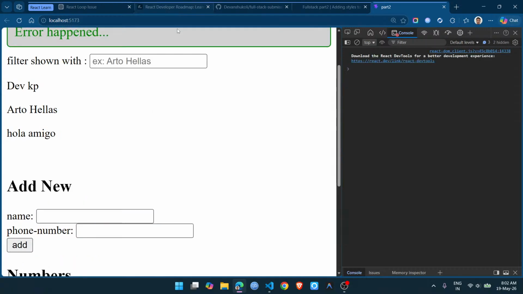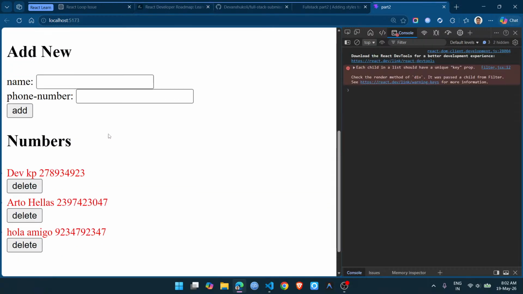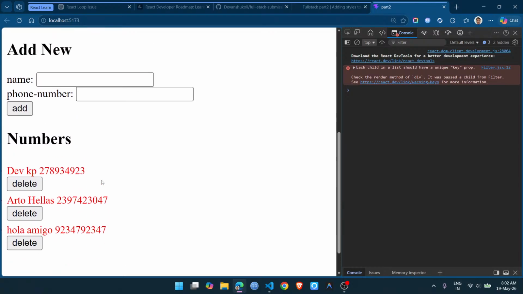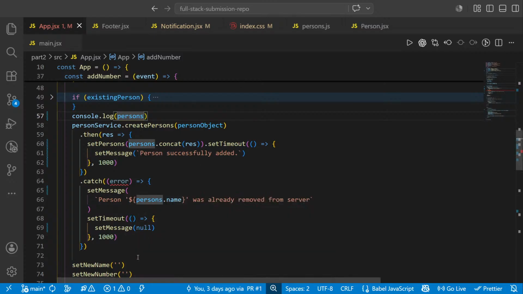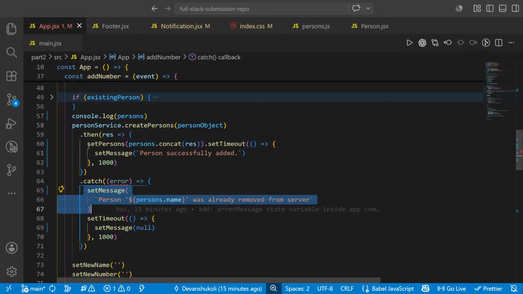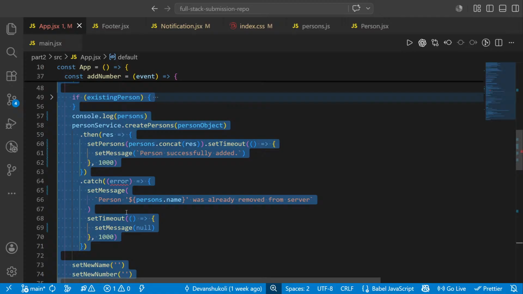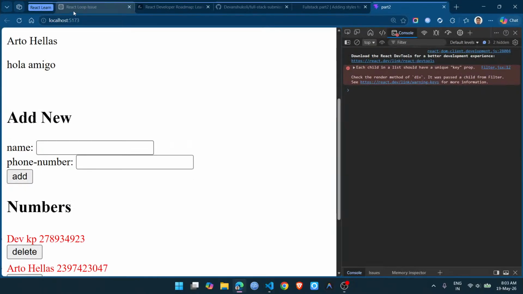And I would like to see it displayed when I added. It displayed this message instead of what should have been displayed. So let me copy this, head over to ChatGPT,